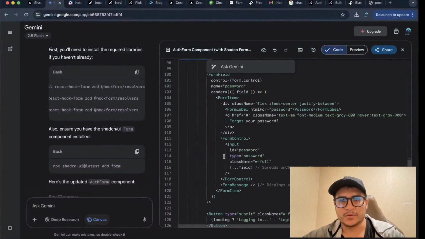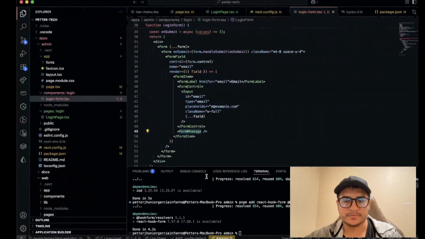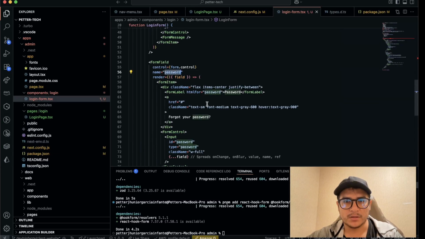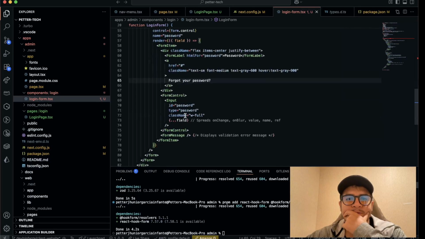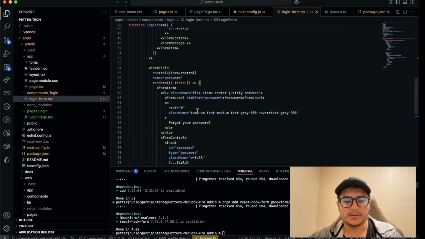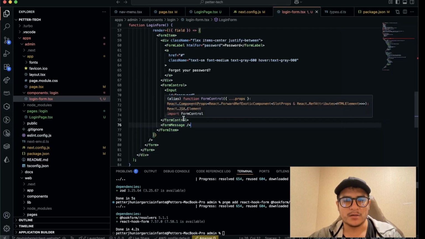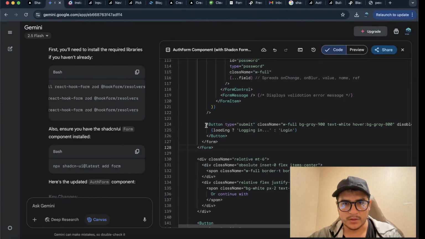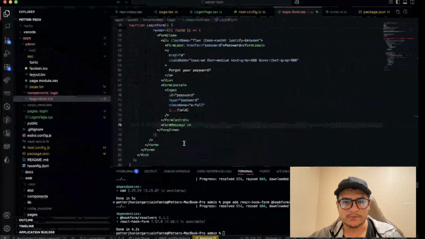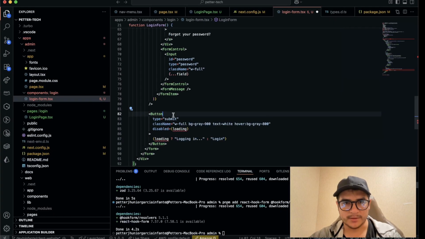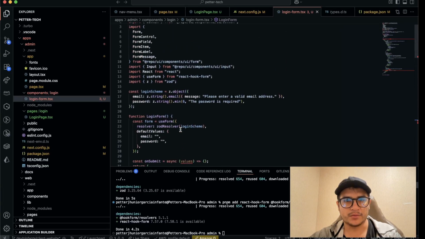And let's copy also the password. So we are going to do the same with the password. The password is going to be, no, forgot password. Okay, now we are going to also create a forgot password, but this is going to be internal handle. So we now have this, and we need to add this button. This is going to be also Shadcn, and we are going to display